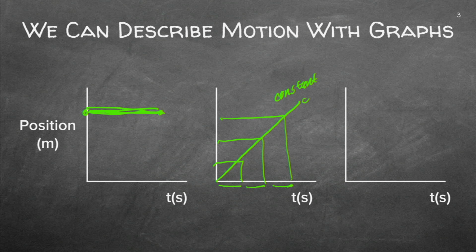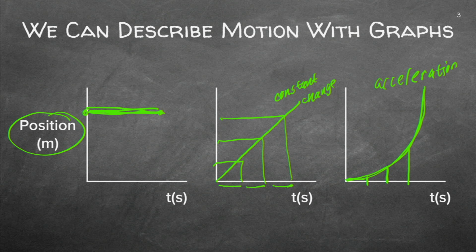And then finally, you'll get a graph that says your position or displacement is changing exponentially. Remember when we did pocket money? That's the one that we wanted. So in 1 second, you had one step. In the second, you had 4 or 5 steps. And in the next second, you ran 10 or 20 steps. So it's an exponential change in displacement. And this actually resembles acceleration. So be careful that you see which shape and what will be represented on the axis.